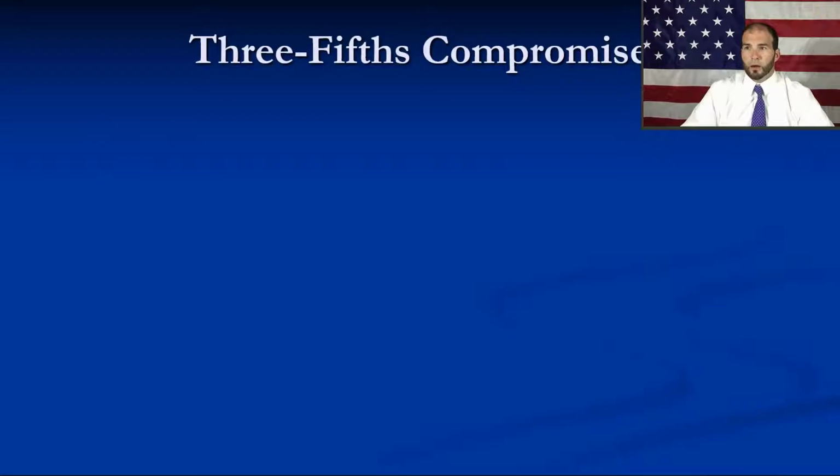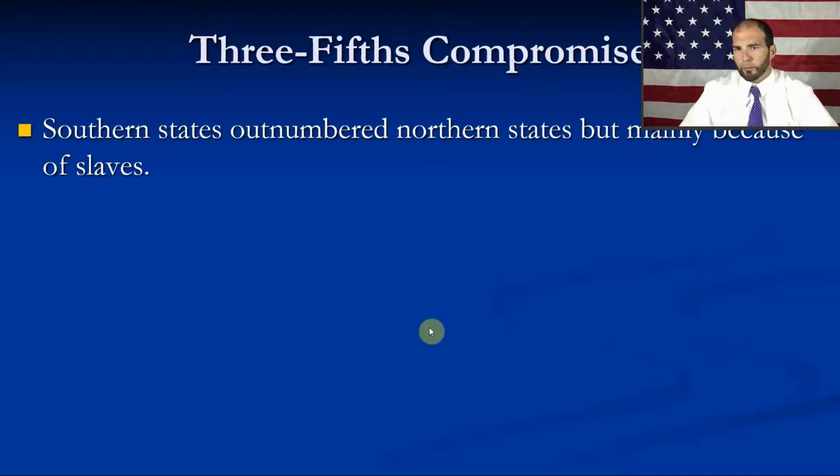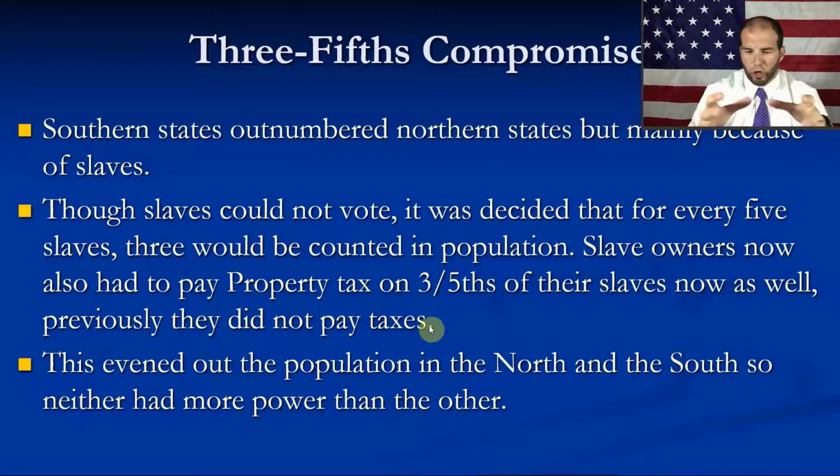All right. The Three-Fifths Compromise. So the Three-Fifths Compromise comes up more often in present day with race relations and things like that. So I want to clarify what the Three-Fifths Compromise is. So famously, people like to say, and it's a little distortion of it, but they're not wrong, that the Three-Fifths Compromise counts slaves as 3/5 of a person.